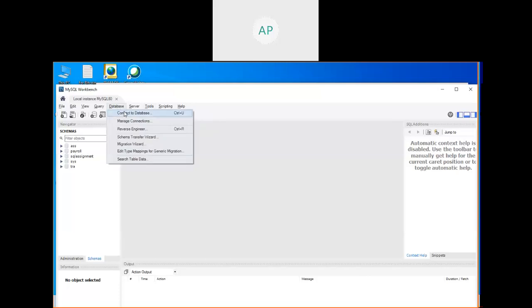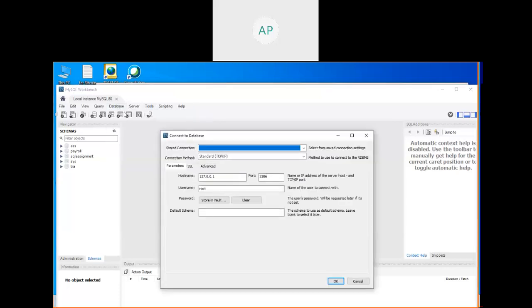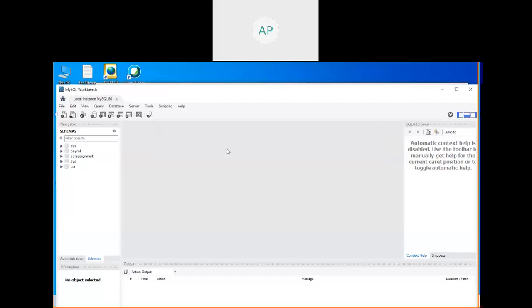Already I connected, so I'm not going with this approach. If you go to Google and type connect to database MySQL server, you get a number of tutorials to do that. As of now, no need to think too much about that.